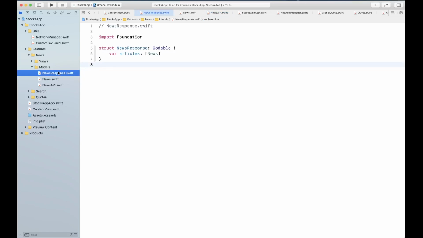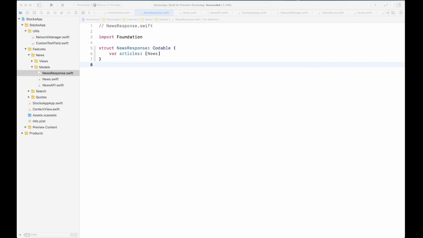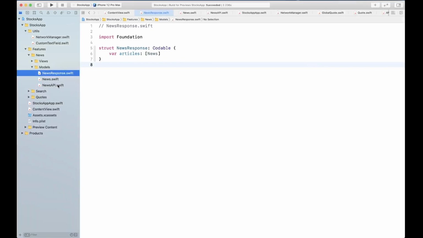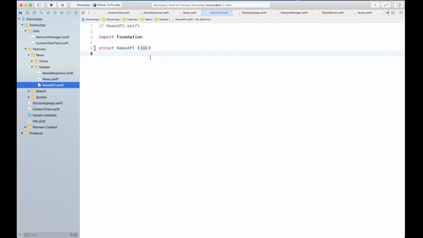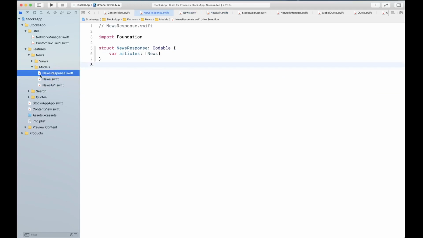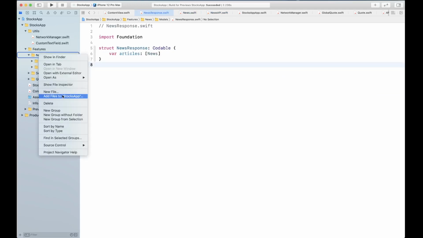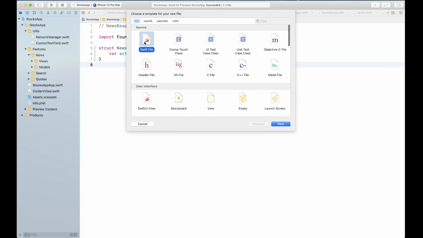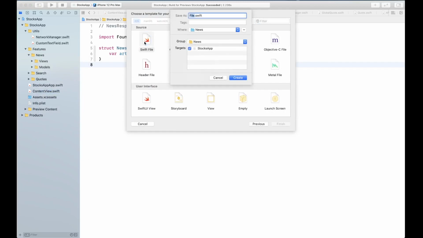Next up, we are going to create a news data manager. So we're going to create a manager for data download from the news API, and then we're going to start constructing its view. All right, so what I've done is I've copied my news API key and pasted it in here. You should have done the same thing. Now, we're going to create a new file at this level. Since it's just one file, I'm going to leave it at the news level, and we're going to call this news download manager.